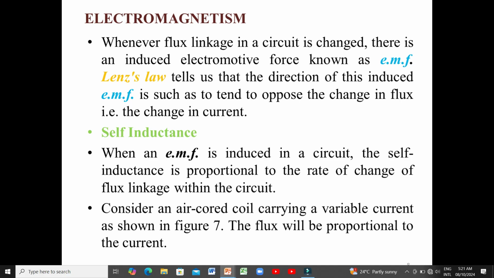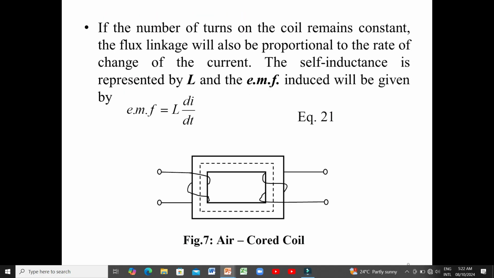Self-inductance. When an EMF is induced in a circuit, the self-inductance is proportional to the rate of change of flux linkage within the circuit. If we consider an air-cored coil carrying a variable current, as shown in Fig 7, the flux will be proportional to the current if the number of turns on the coil remains constant. The flux linkage will also be proportional to the rate of change of the current. The self-inductance is represented by L, and the EMF induced will be given by